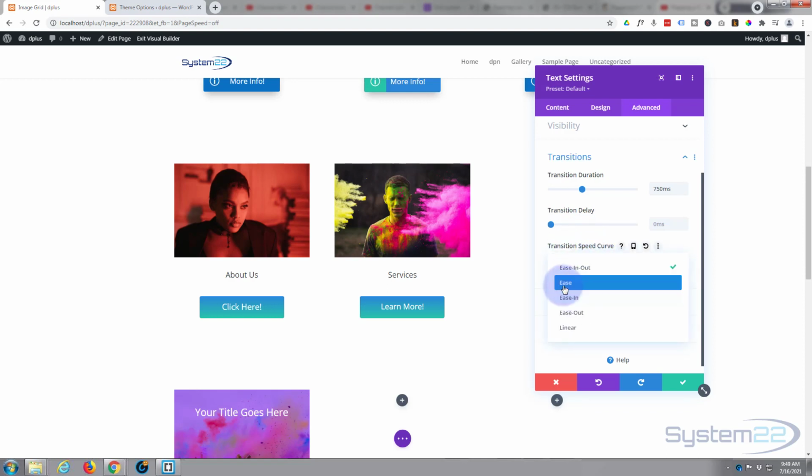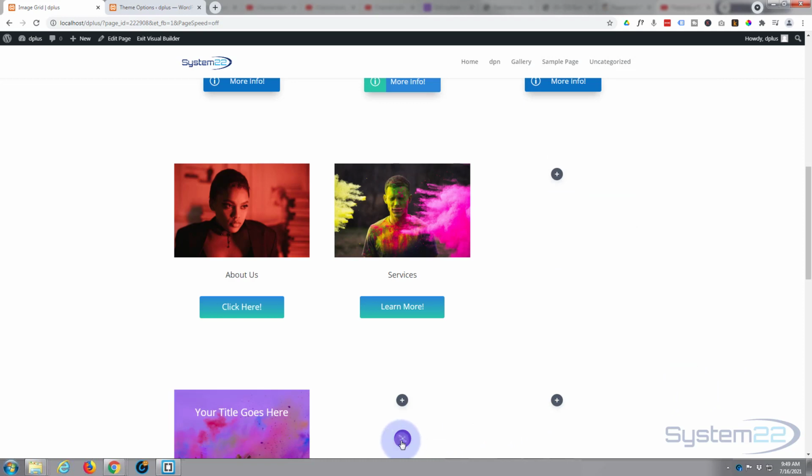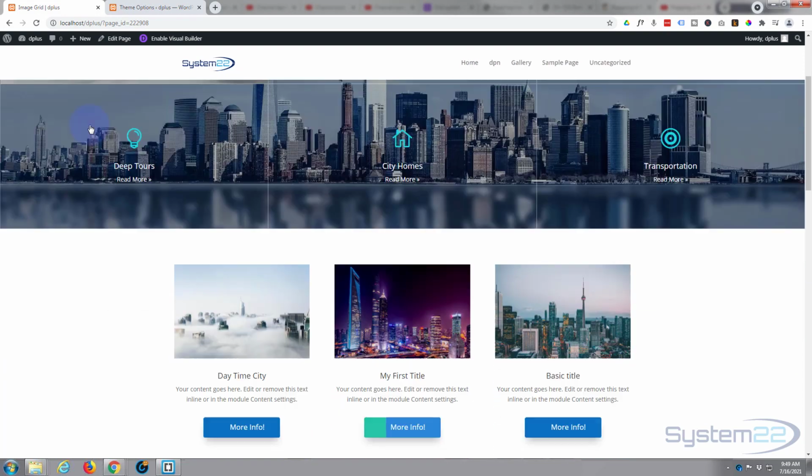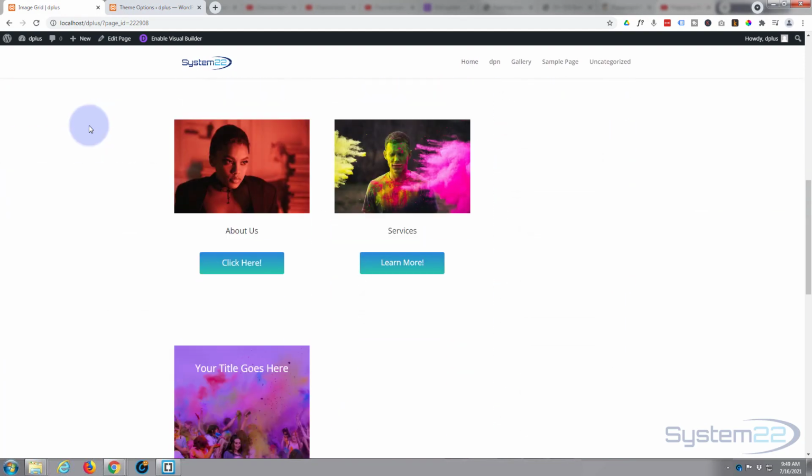They're all slightly different. Some are going to do better in certain situations than others, but for most of these hover effects, I like to use that. So we should be good to go. Let's save our changes. Save draft or publish if you're ready. And let's exit the Visual Builder. There we go, and we'll go on down. And there's our little button there. When we hover over it,